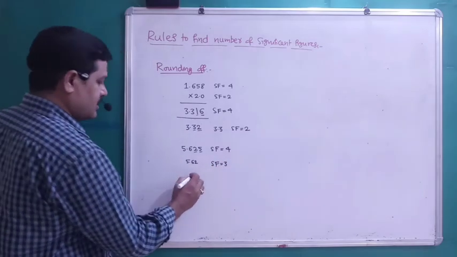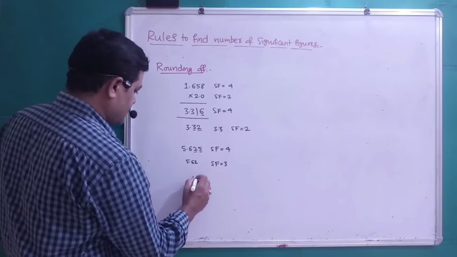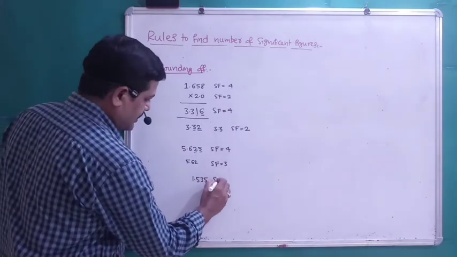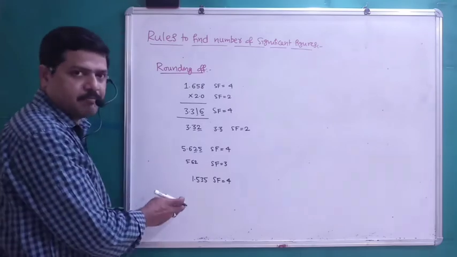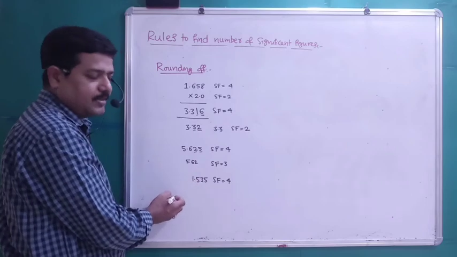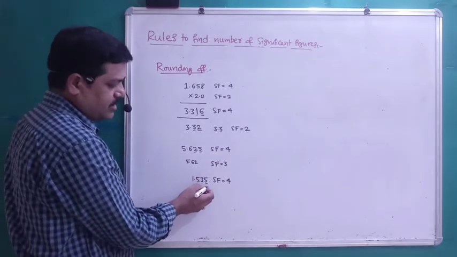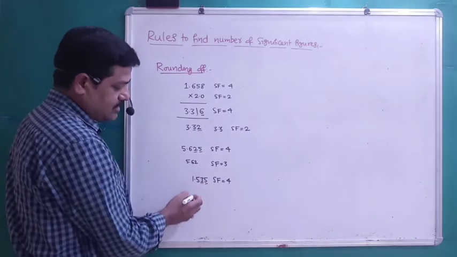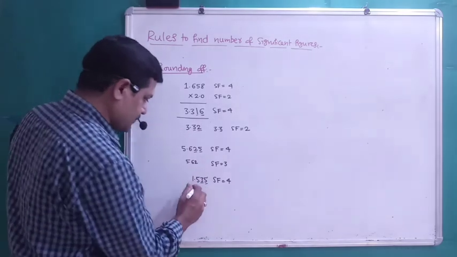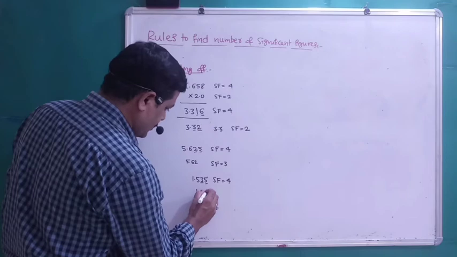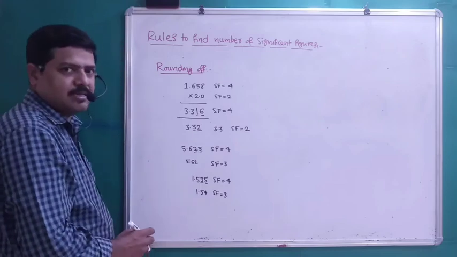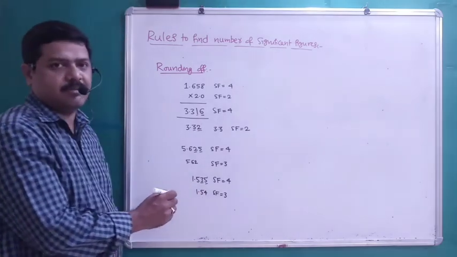In one more calculation, assume we got 1.535, right? Significant figures is 4 in this number. If they ask to round off the given number to 3 significant figures, the rightmost digit to be removed is 5 and the preceding number is an odd number, then while removing this, the preceding number should be increased by 1. So 1.54, which has 3 significant figures. So students, this is about rounding off and significant figures.